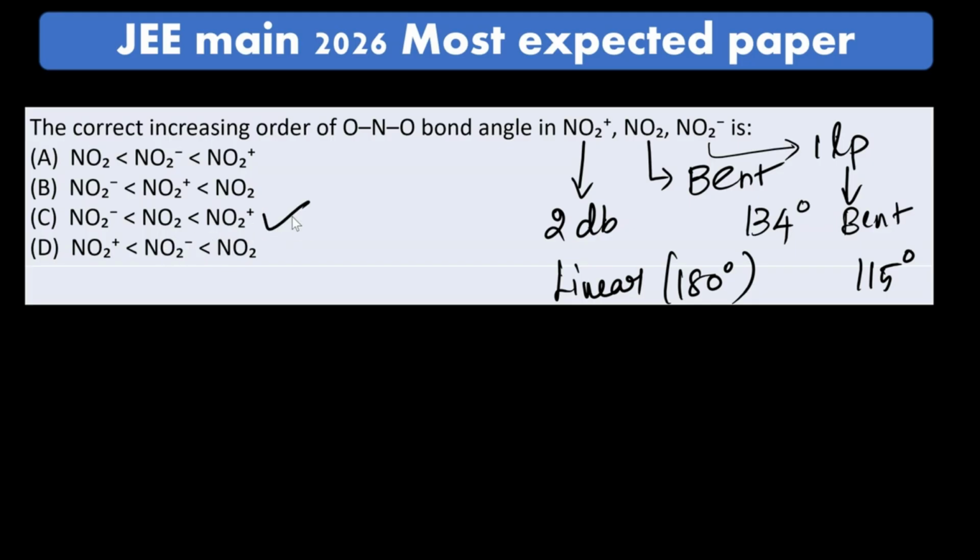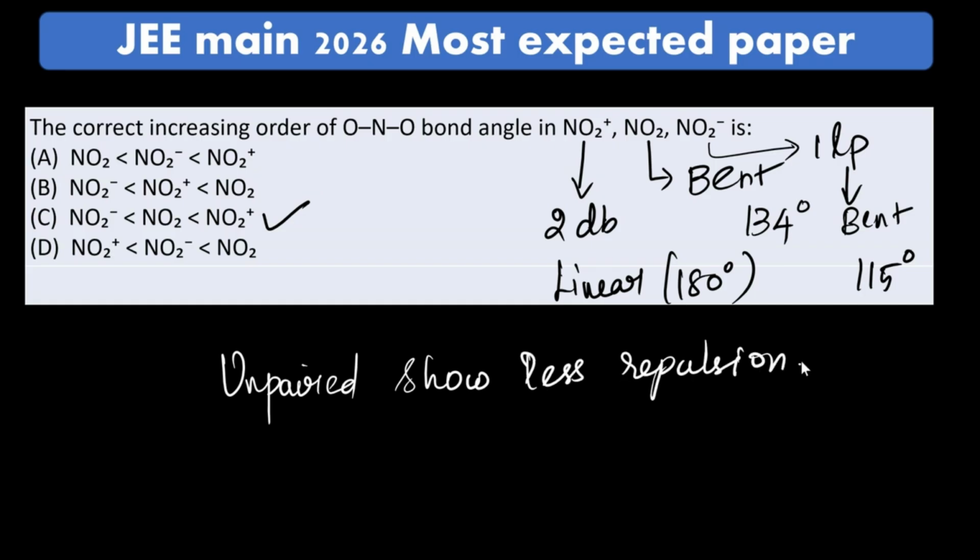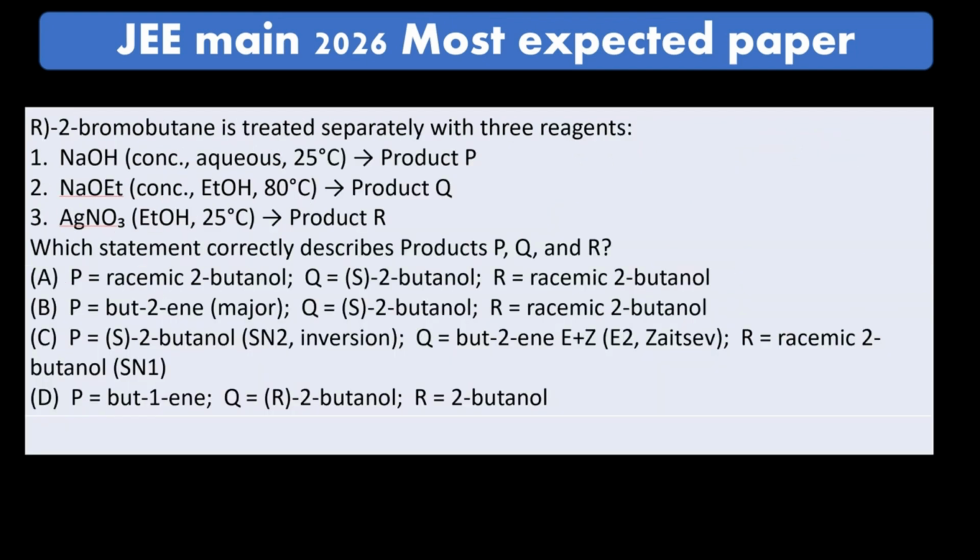And one more piece of information is that if a single unpaired electron is present in a compound, then that will show less angular repulsion. Usually we compare it with bond pair and lone pair, right? So what about unpaired electrons? The unpaired electron will show less repulsion than the lone pair. Okay, so that's an important point. That's why the angle becomes more for NO2 minus. Okay, in the next one,